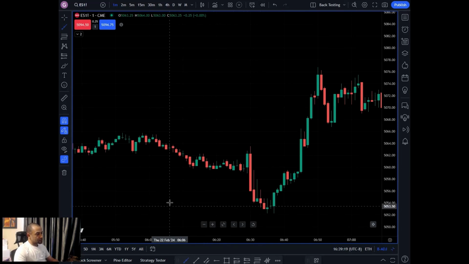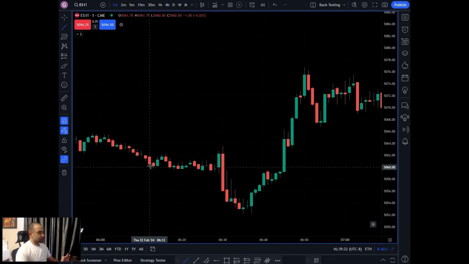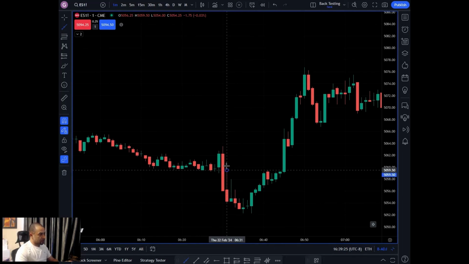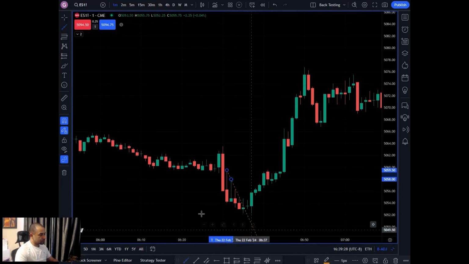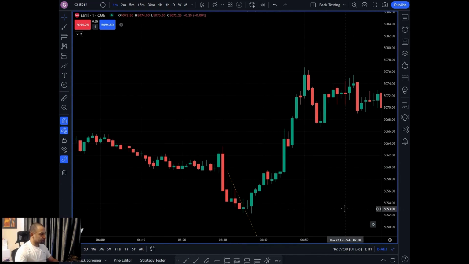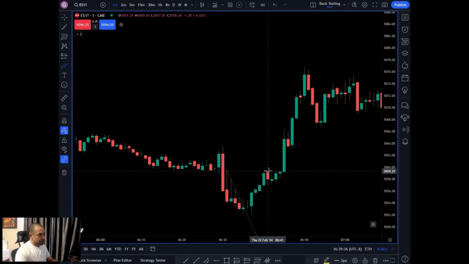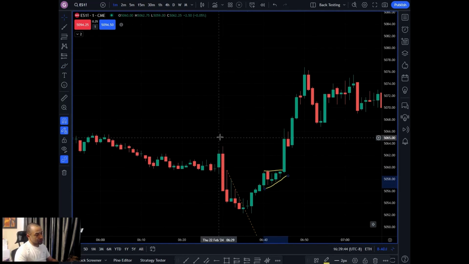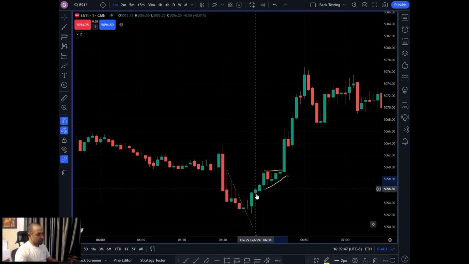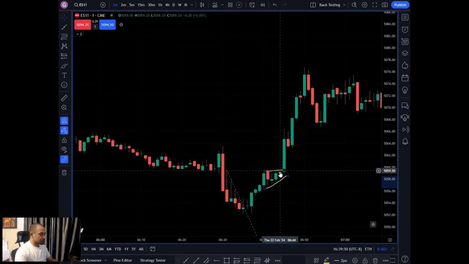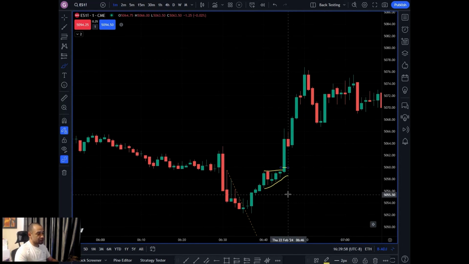Here we have a little bit more of an aggressive entry. We have a trend line that formed here that was broken. And then we do have a little bit of a flag pattern right here. It's more of an ascending triangle, but this would also be a great entry. The downtrend line was broken. We have a little bit of a consolidation, and then again, my entry would be on the breakout of this flag, or you can call it ascending triangle.